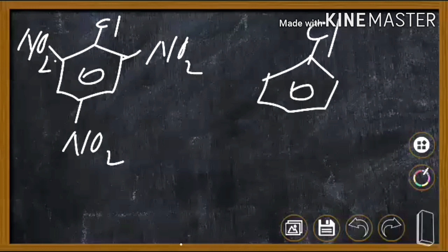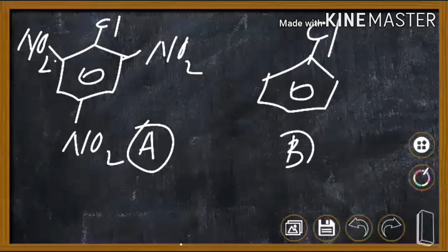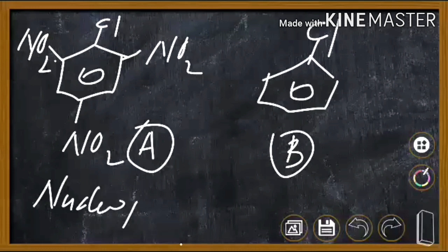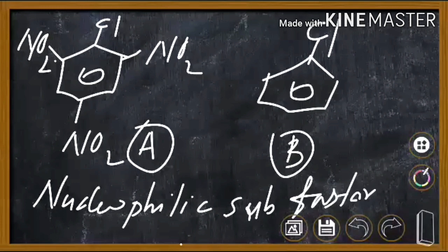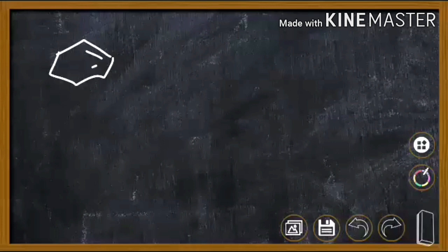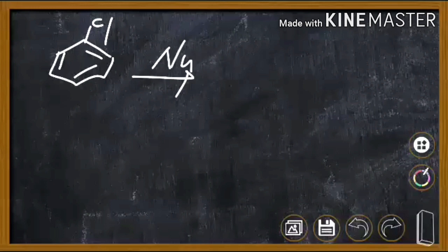So the question is: among these A and B, which one undergoes nucleophilic substitution faster? That is the question. So how can we explain? We can just check. First we take our second compound, that is chlorobenzene. This is our chlorobenzene. When you treat this with a nucleophile, we know that compared to an aliphatic compound,